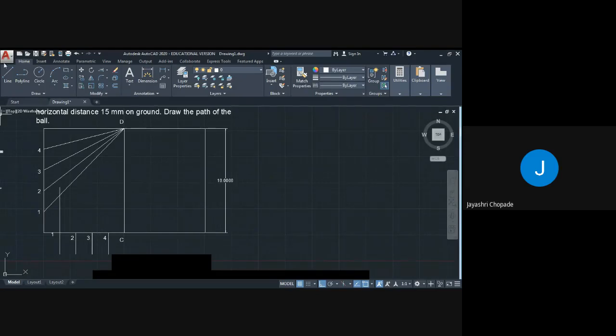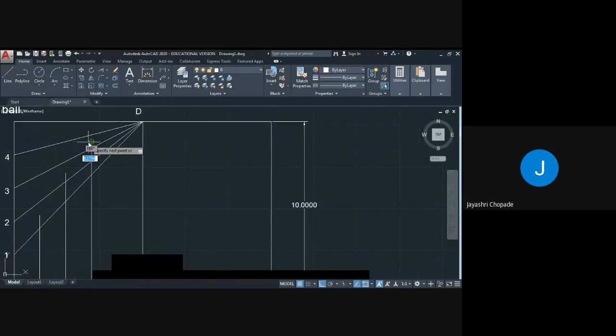Same procedure we will follow for point 2, for point 3 and point 4 also.